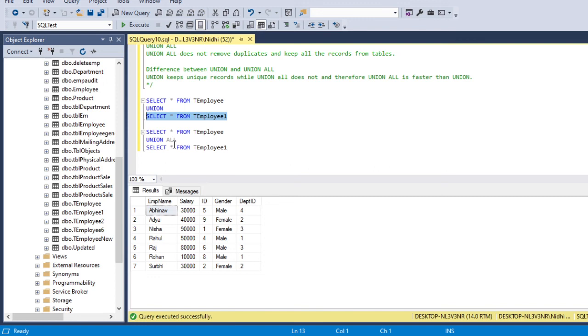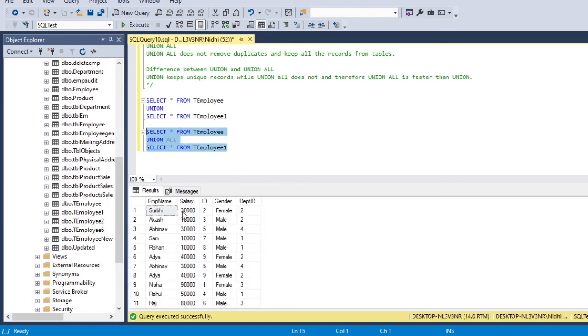After applying UNION ALL, it gave us all the records from both the tables: 6 records from the first table and 7 records from the second table, which is 13. So UNION ALL will give us all the records, even if we have duplicates. As you can see, Avinav is here as well and here as well.